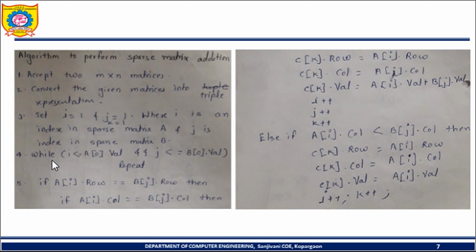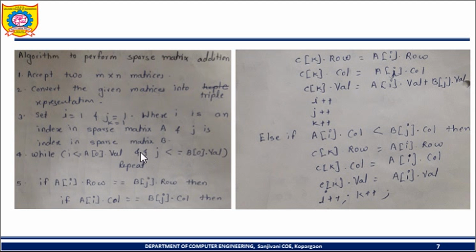So how many times do we have to do this? For that we are taking a while loop. We continue up to the number of non-zero values in the A matrix and the number of non-zero values in the B matrix. How do we get those? From the 0th row, val column of the A matrix, and the 0th row, val column of the B matrix. So we repeat the steps while I is less than or equal to A's non-zero count and j is less than or equal to B's non-zero count.